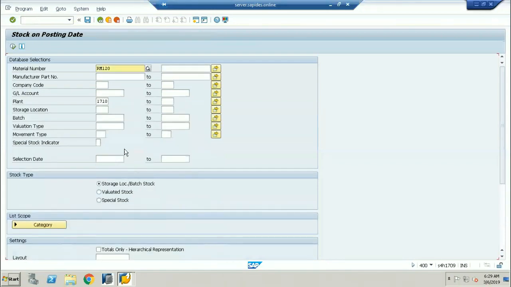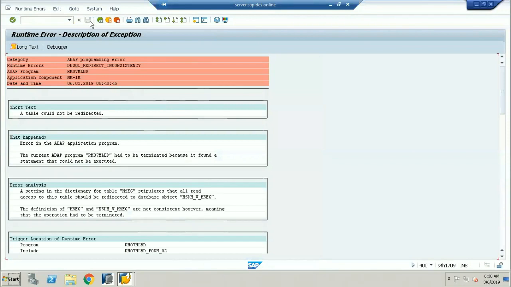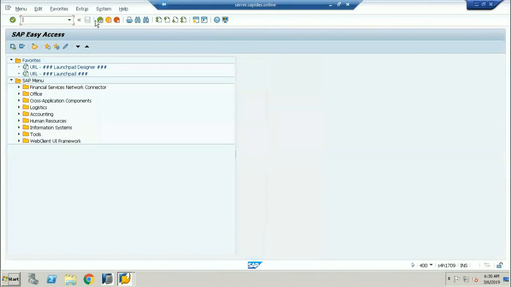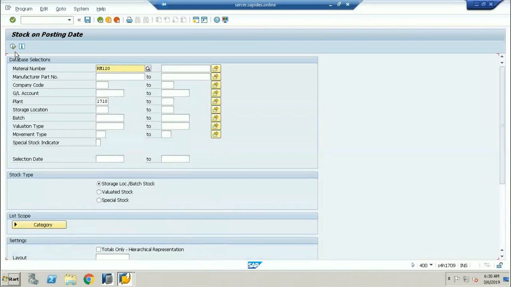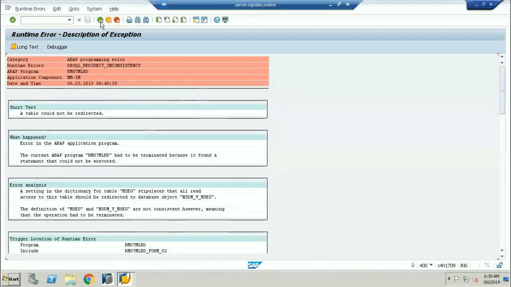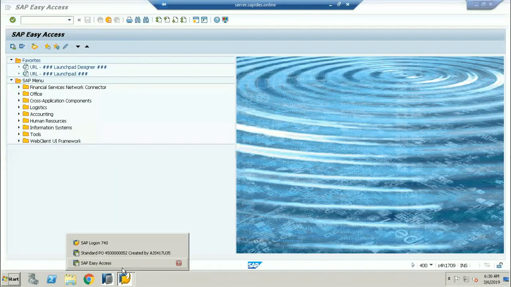This is stock as on posting date, for the material and the plant given here. This is what we have been seeing since yesterday. One second, let me open in another server.